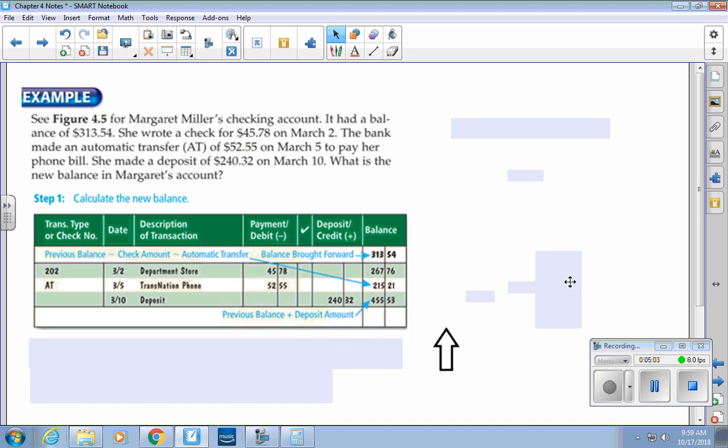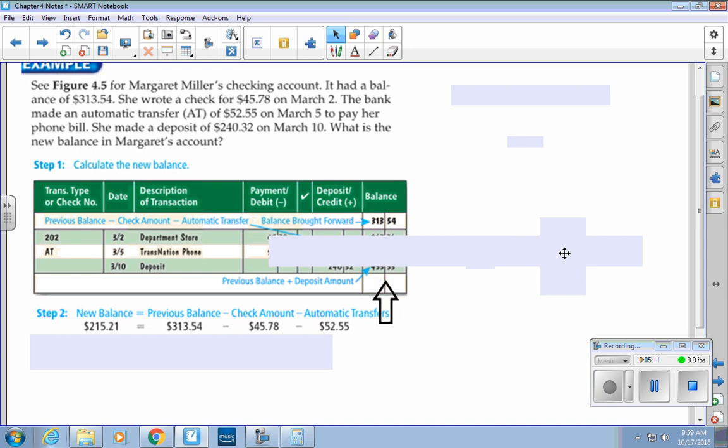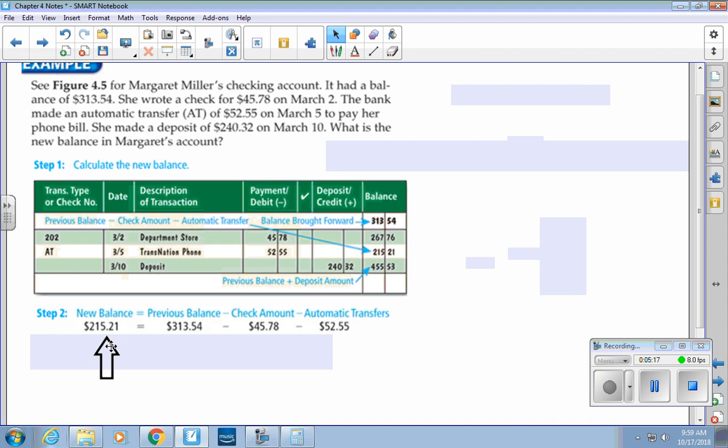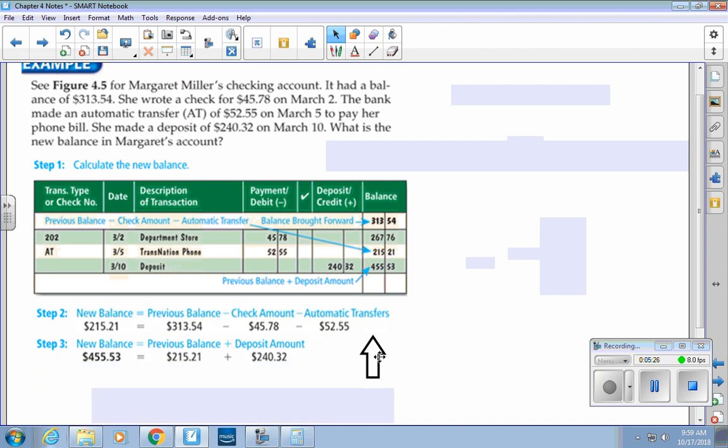When we do that, we get $455.53. So that looks on our paper, so that our new balance is our previous balance minus our check amount minus automatic transfers, then plus our deposits. So that gives us our answer,